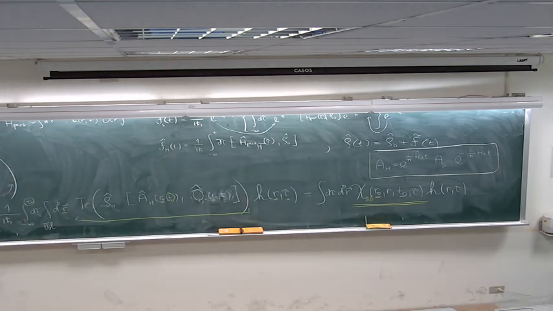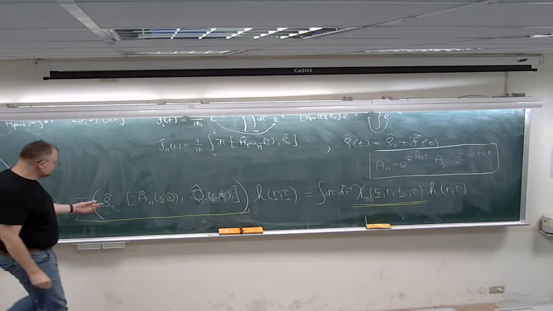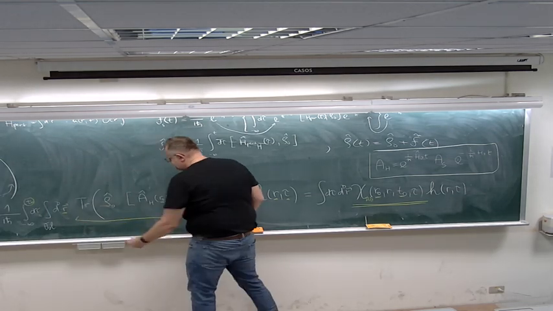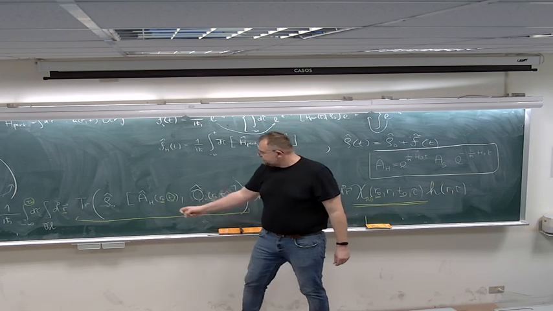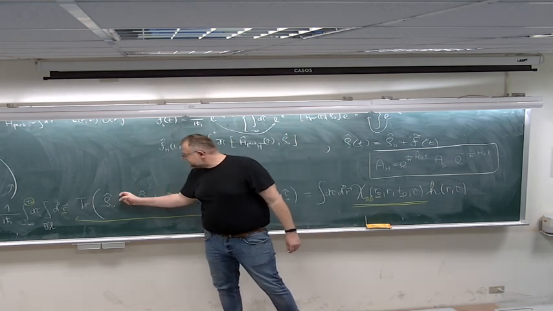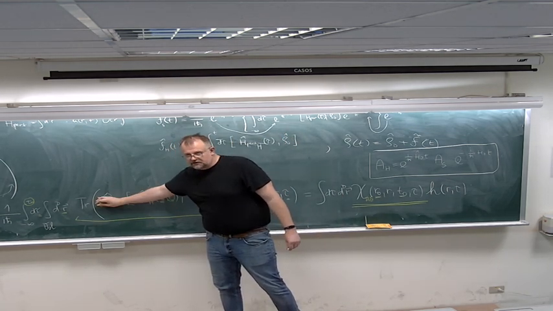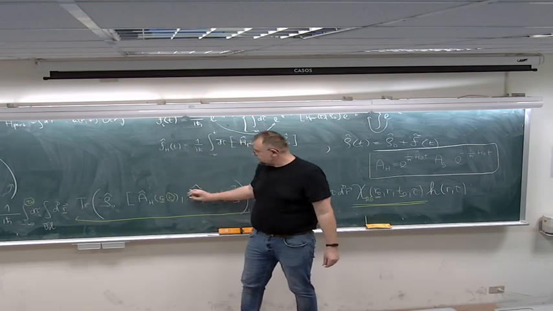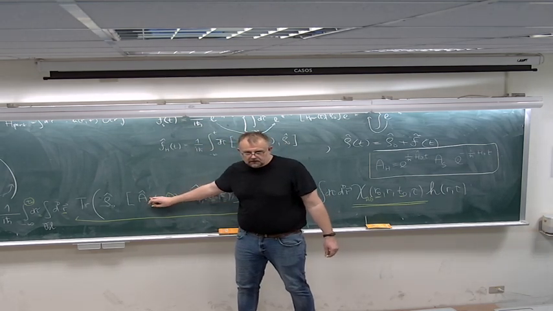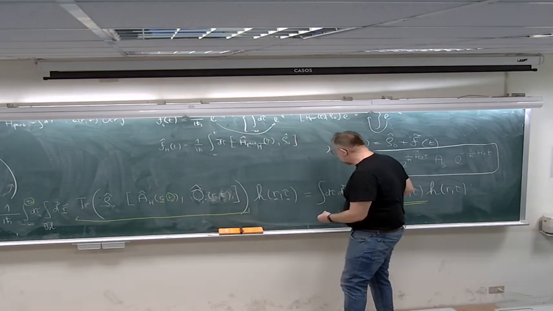And you see that the Kubo formula, if you just look at this expression, is the trace with rho zero. So this is the equilibrium expectation value of some crazy operator. So this generalized susceptibility, if you look at the form,